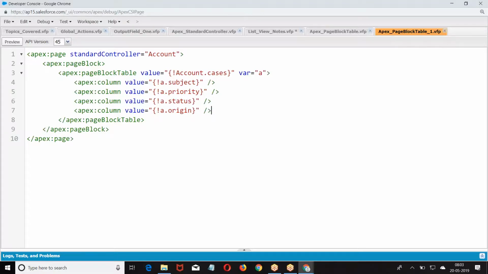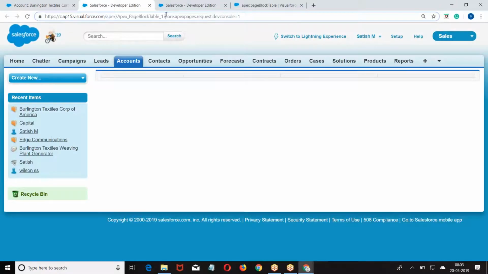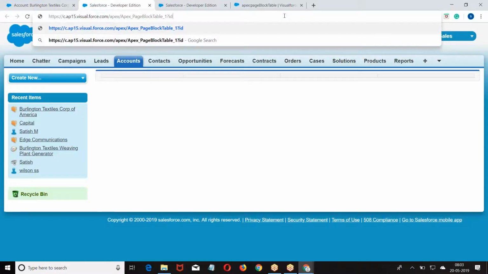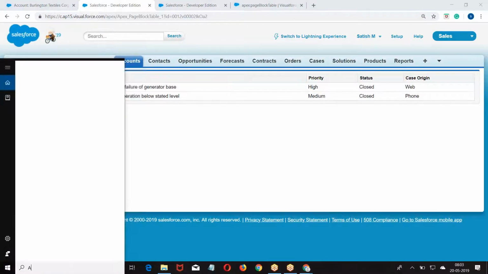I cannot give the overall table. When I say account dot cases, which account's cases? The URL I give has an ID. Whichever record ID I have given, for that record, whatever cases are there, those cases I fetch. Are you getting my point? What is the relation between account and case?